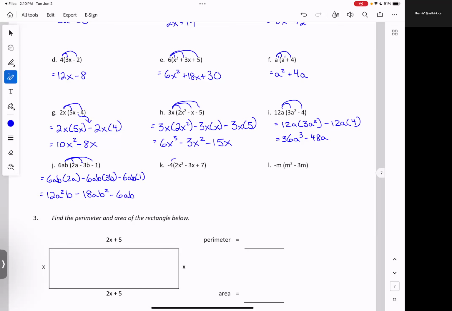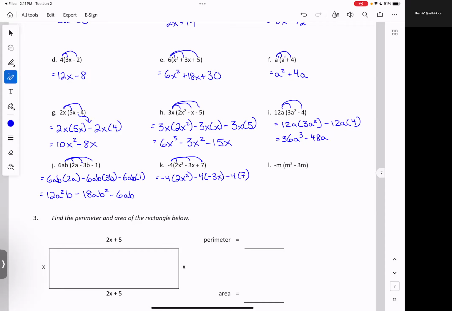Okay, let's distribute out that negative 4. So we'll have negative 4 multiplied by our first term, and then minus negative 4. So how should we write that? Well, we'll do minus 4 times negative 3x. It's going to end up being a positive. And then we have minus 4 times 7. And so we get negative 8x squared plus 12x